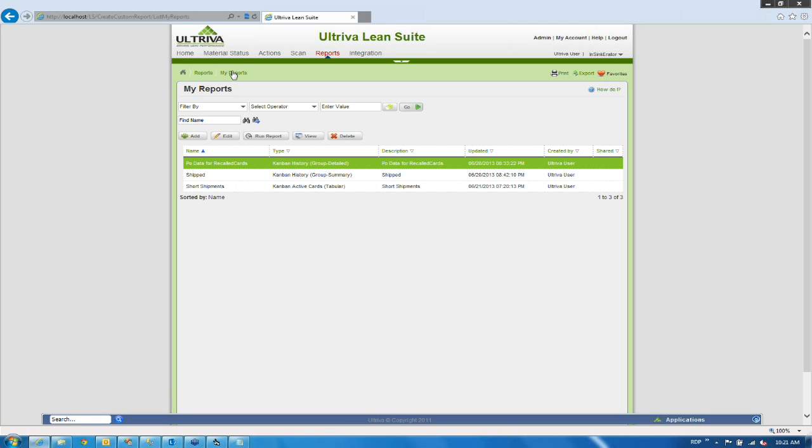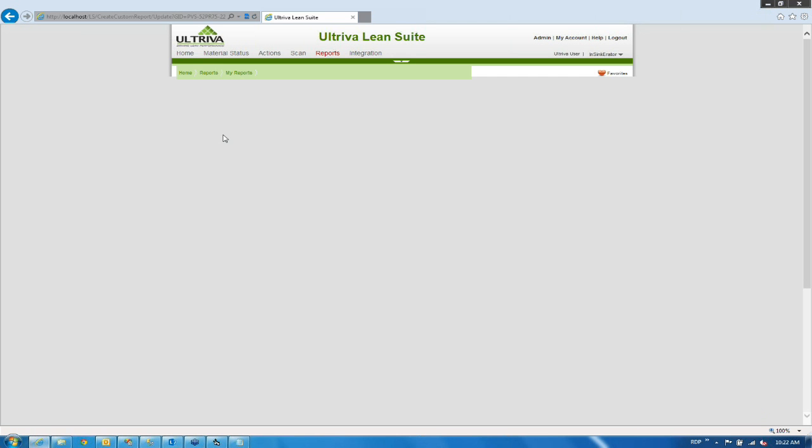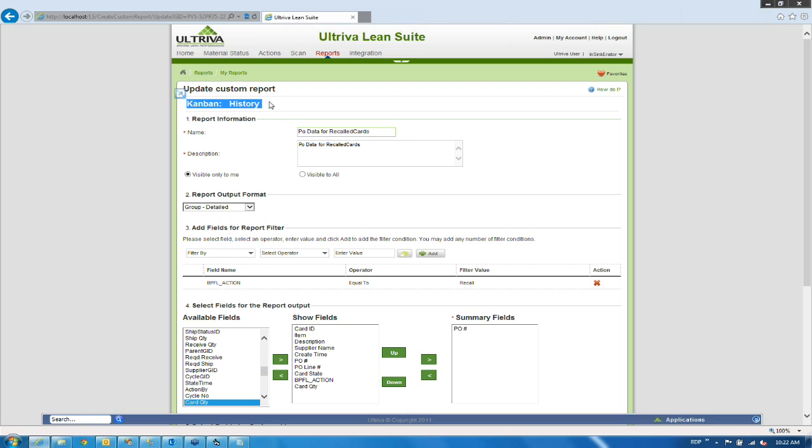Now let me go to the next type of report, which is a group detailed report. I have used the Kanban history data set for it, and what I wanted in this report was, let's say I released some cards and now I have recalled some of them, and generally I have not had any integration to my ERP on recall. So what I would like to know is what are the cards that are recalled and what is the PO number for this, so I can go back to my ERP and manually cancel the PO,